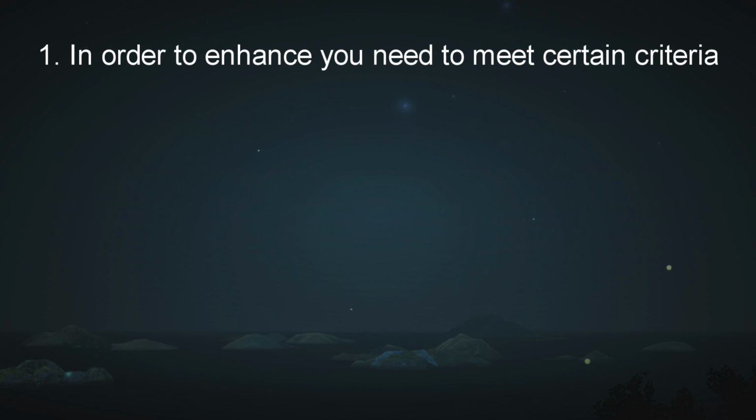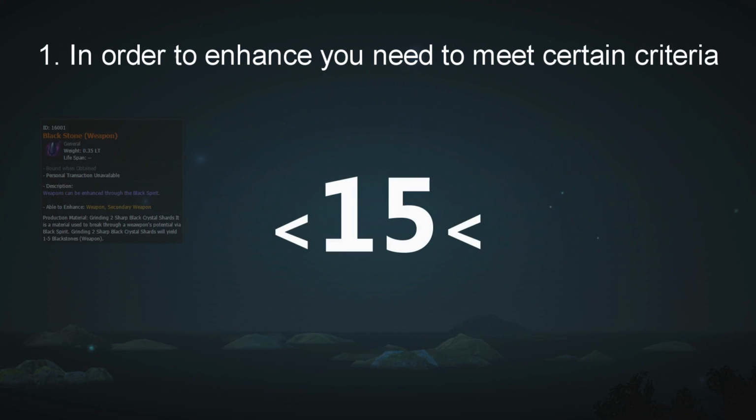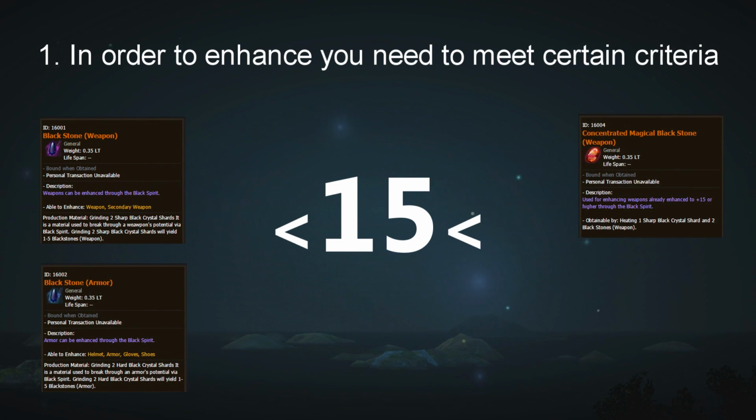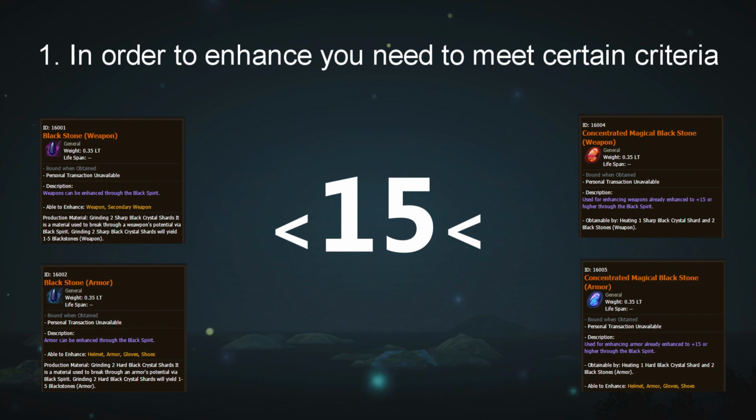When enhancing a weapon to plus 15 or below, you use a weapon stone, and for armor plus 15 or below, you use an armor stone. For weapons plus 16 and above, you use a concentrated weapon stone, and armor plus 16 and above, you use concentrated armor stones. Regular weapon stones and armor stones can be attained through grinding from monsters, the night vendor, events,